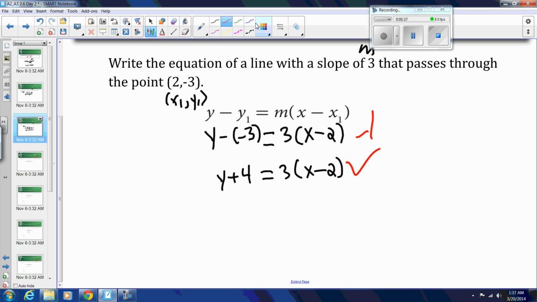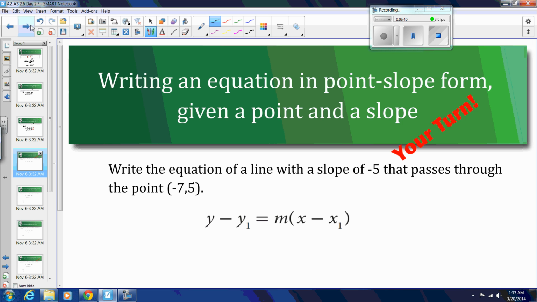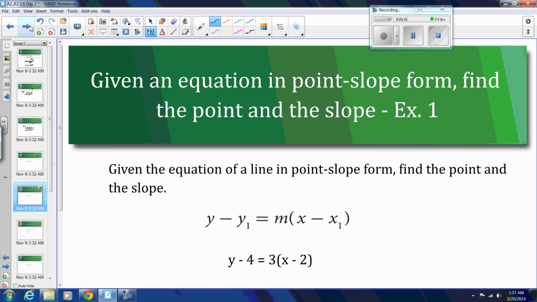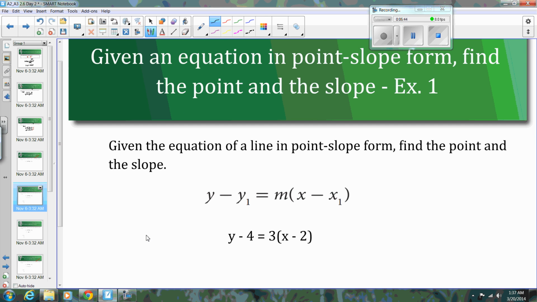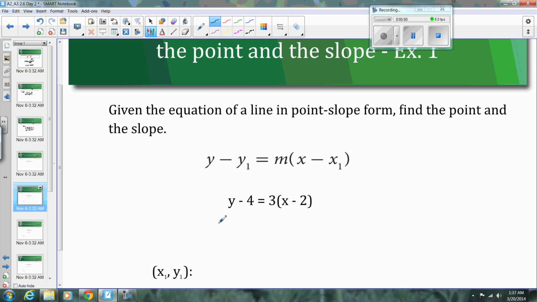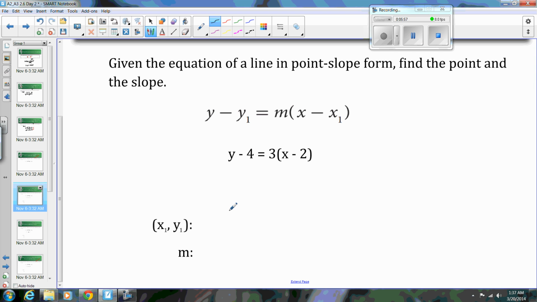Okay, so let's switch back to black here, and I want you to try one. Okay, next type of problem. Given an equation of a line, find the point and the slope. So we're doing the same thing except opposite. Here we're giving you the equation in point slope form, right? And I want you to give me what the point x1, y1 is and the slope. So because these are both subtraction statements, visually subtraction, subtraction, subtraction, subtraction, exactly like it should, to identify